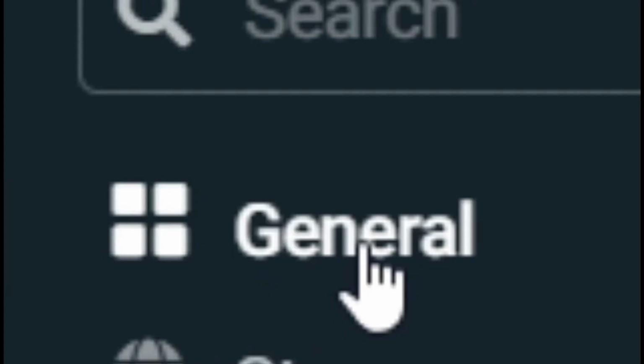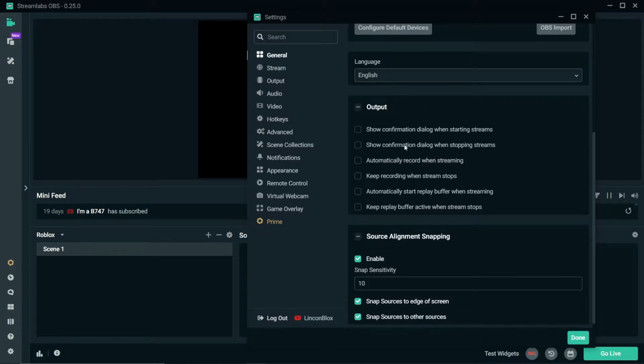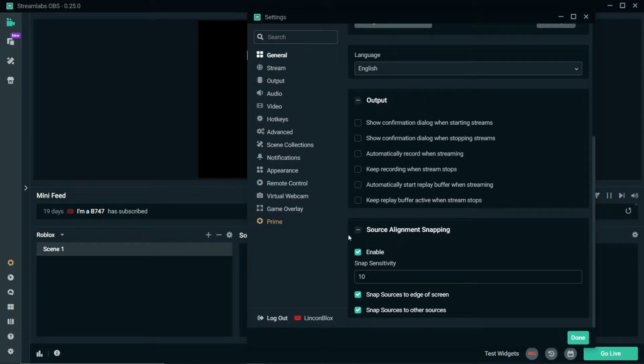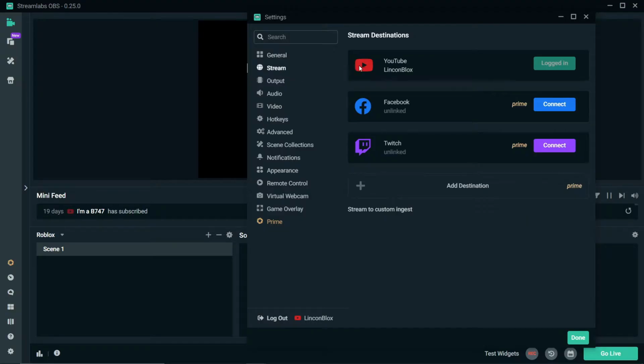Now you're going to want to go to general and select the language as English. You don't really need to mess with output, neither do you need to mess with source alignment snapping. You don't even really need to enable that. I just have it enabled. But go ahead and go over to stream, okay? And this is basically where you link all of your accounts. Alright, so once you've linked all your accounts,